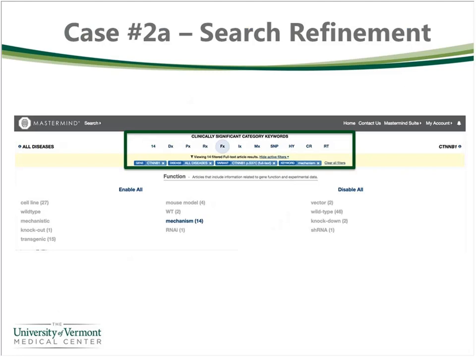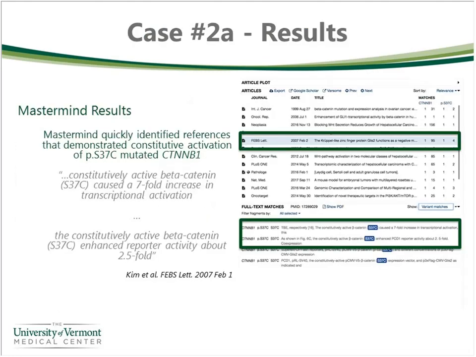as a way to focus on papers where the functional relevance of this mutation in beta-catenin was described. And in so doing, I was able to find a paper from 2007 where, as I scanned the sentence fragments, it was very clear that this paper stated that the S37C mutation in beta-catenin led to between a 3- and 7-fold increase in transcriptional activation, suggesting there was a functional impact. So again, at this point, I file this reference away for my report,